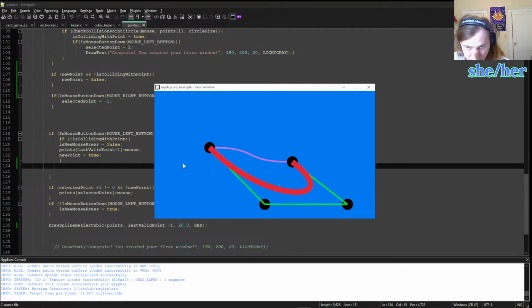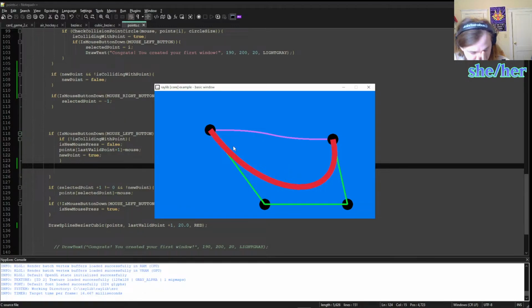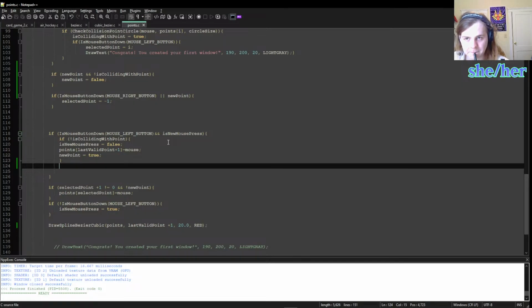So what does it do with this? Okay, so I've got my point moving around, but clicking doesn't deselect it. So if mouse button down and this new mouse press, okay. If I'm not colliding with the point, then okay, so if the mouse button is down or it's a new point, then set point equals